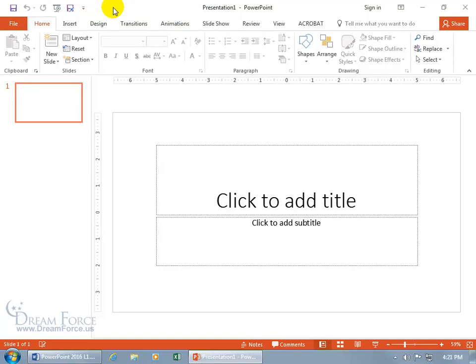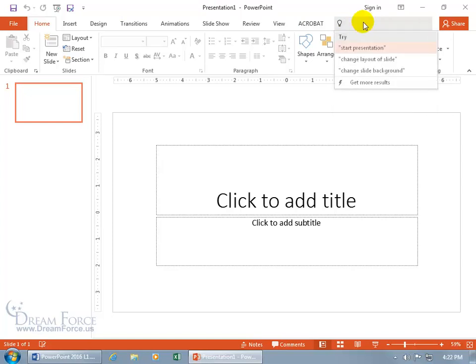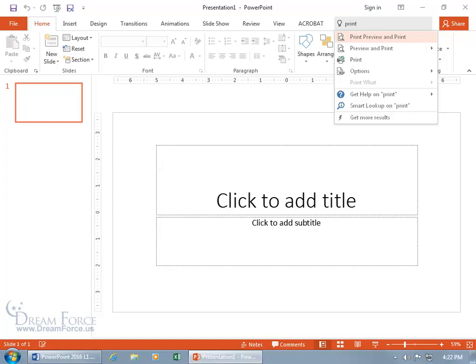Oh, and before I forget, we haven't covered this yet, but new to Office 2016 is Tell Me What You Want to Do, a new help feature. So what you can do is click in here and type in something that you want to figure out or do more research on, or let's type in print if you want to print something. There you go. There are the commands: Print, Preview and Print, that you can actually click on any one of those